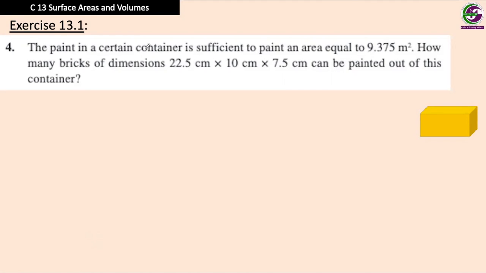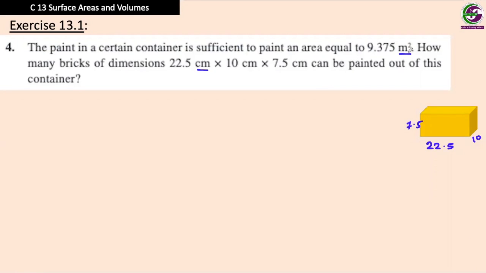The paint in a certain container is sufficient to paint an area equal to 9.375 meters square. Focus on the unit. How many bricks of dimensions 22.5 times 10 times 7.5 can be painted out in this container? So we have a few bricks to be painted. The question here is how many such bricks can be painted if the dimensions are 7.5, 22.5 and 10 centimeters. So remember, the units of the bricks are in centimeter and the given area is in meter, so we